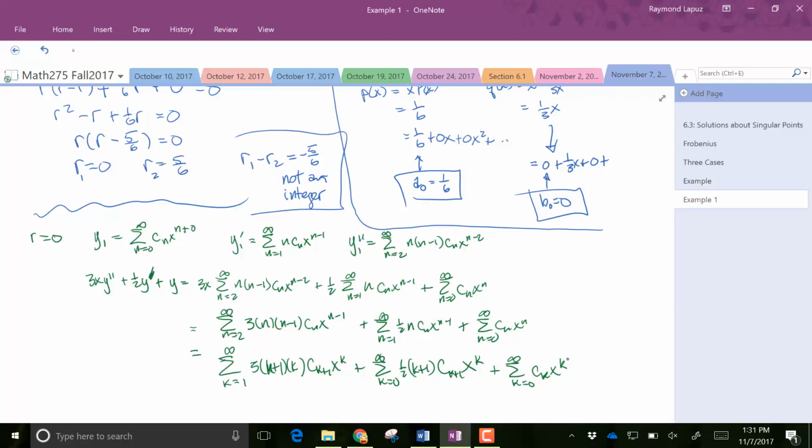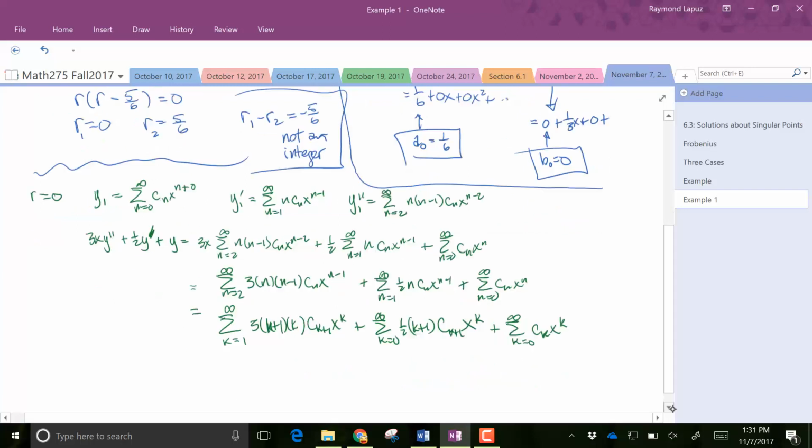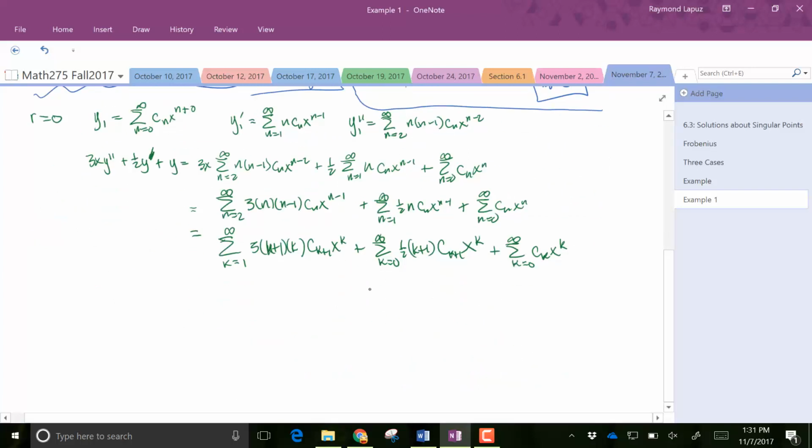it's nicer that way. So we've got k is equal to 1 as an index, so we want to extract k is equal to 0 from these two series, so that we all have a matching starting point of k equals 1. So k equals 1 to infinity. I'm just rewriting the first series. Now for the second series, I'm going to extract the k is equal to 0 term so I can have my series starting at k is equal to 1.